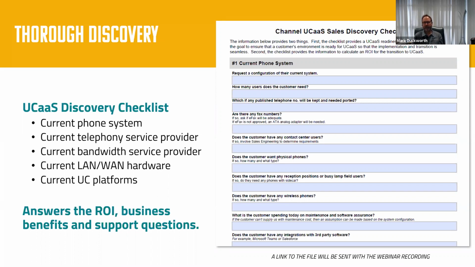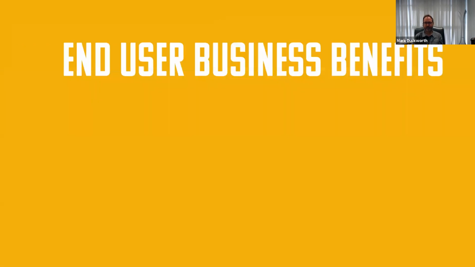And then what are the other UC platforms they may be using to enhance the tools they don't have today? That could be conferencing, that could be web meetings, such as Zoom, GoToMeeting, we see that a lot. That could be some mobility apps, tons of stuff these customers have added on because the phone systems they've had just can't do it. So you want to really get down deep in those ROI and business benefit questions in that first consultation you have with the customer.